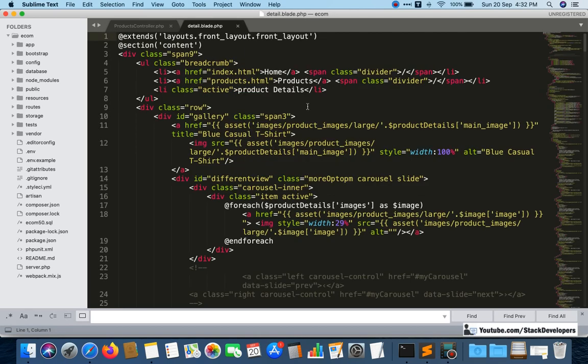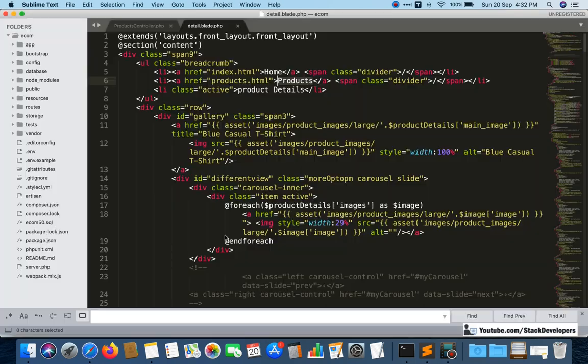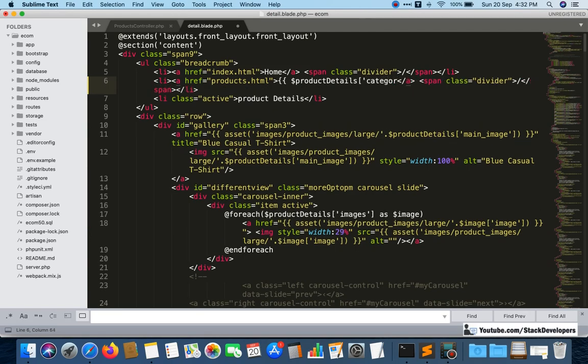As far as the breadcrumb is concerned, we can display the breadcrumb here. Here in products we can give this one. So instead of products we can give dollar product details, and it is category here, category, and inside category the name is category underscore name.